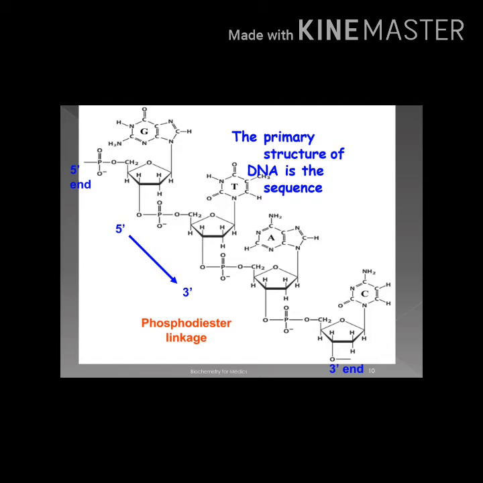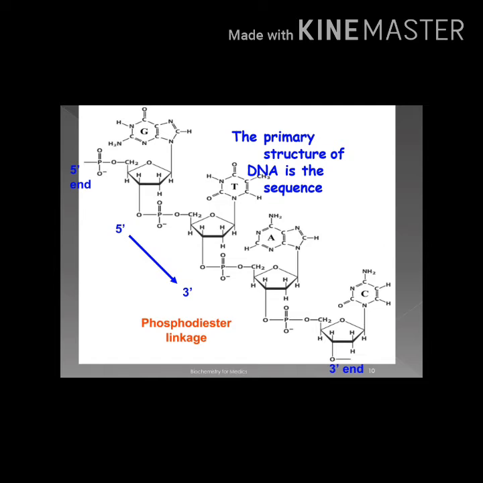Whereas if we link successive nucleotides in a DNA structure, the 3 prime end of a sugar remains vacant at the opposite side of the primary structure of the DNA sequence. So that's why that 3 prime position of the carbon in a sugar is known as the 3 prime end.